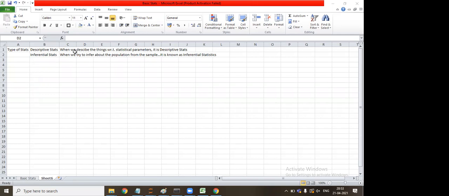So which one gives inferential or the descriptive one? Descriptive is simple. You don't need any robotics for it. But inferential is when you have a limited data set and you're trying to infer about a huge data set, that is the population, from the sample. Then you basically require inferential statistics. That is hypothesis testing that we will be studying in this session and in the subsequent sessions as well. Okay, sir.